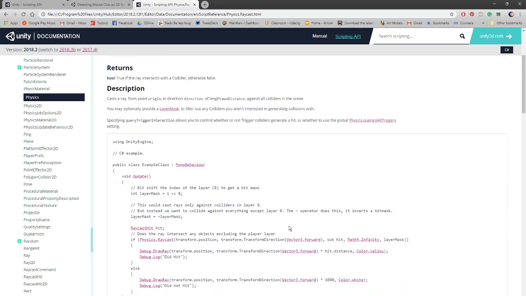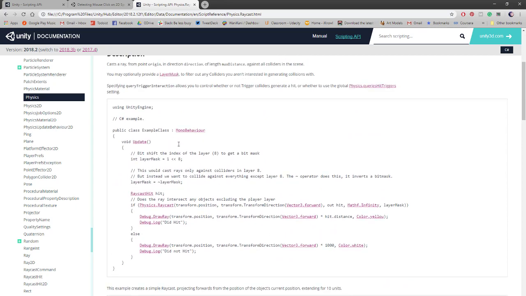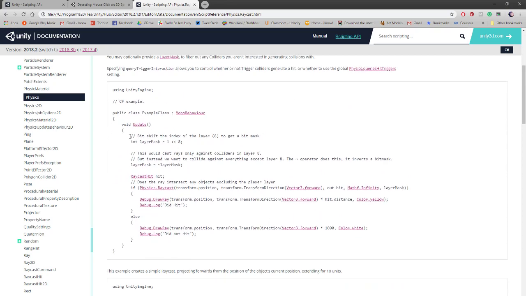It's very, very minor. So if we look at this code, we can work out a little bit of what's happening. It talks about bit shifting. Don't worry about what bit shifting is. That's a topic for much later on. All it's really saying is figure out what layers you want to have hit. Often in games, you'll have multiple layers for the physics system. So for example,